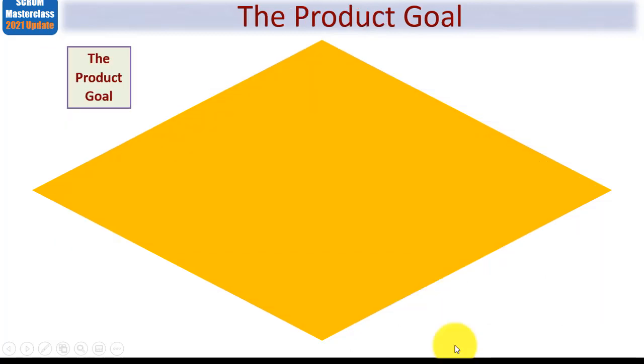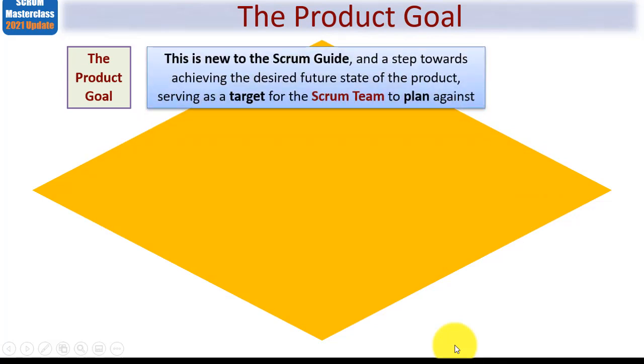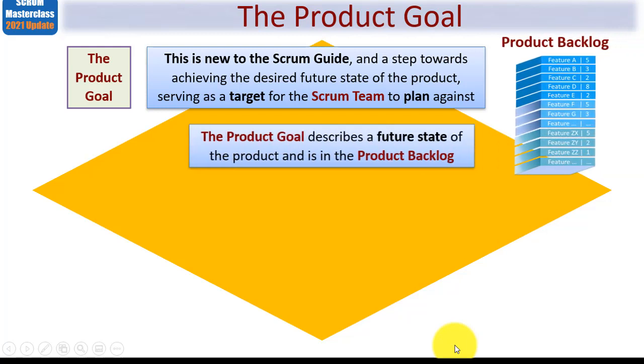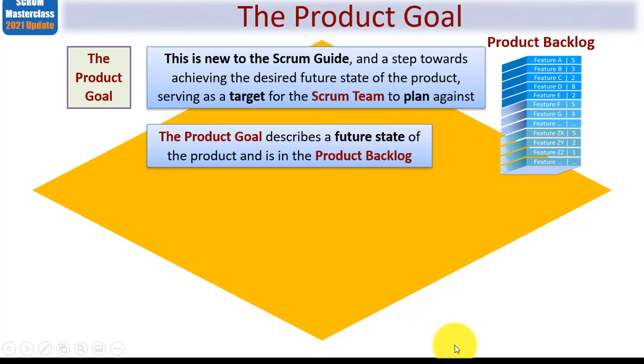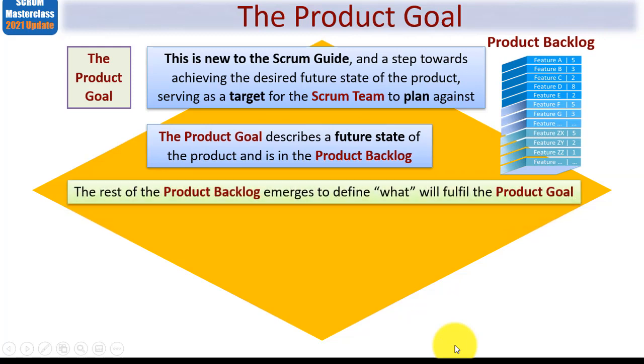Next up, let's move on to the product goal. Now this is new to the Scrum Guide. You will not have come across this term within my Scrum Masterclass. However, don't worry, it's a step towards achieving the desired future state of the product, and it serves as a target for the Scrum team, I'll explain exactly who that is later, to plan against. Now the product goal describes a future state of the product, and it's contained within the product backlog, whereas the